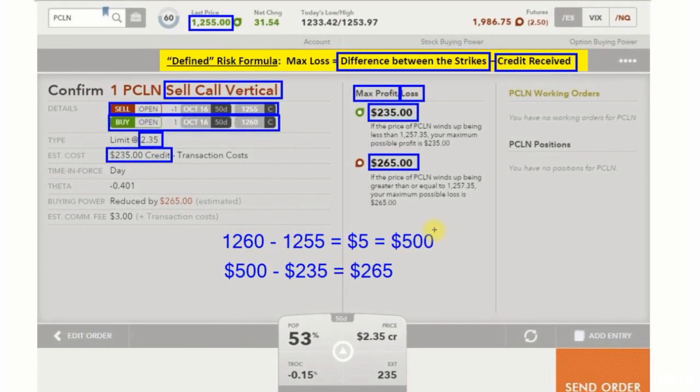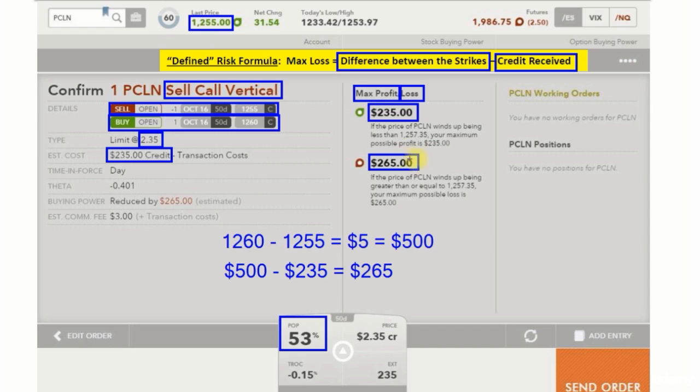So you can see we've defined our risk, and if you look down here, our POP is still greater than 50%, which we love to see, right? So yes, it's a lot less than it was for the naked option, which was roughly 65%, but in this case we're still above 50-50, and we're defining our risk here. So instead of this undefined number here, now we know the most we can lose if things go horribly wrong